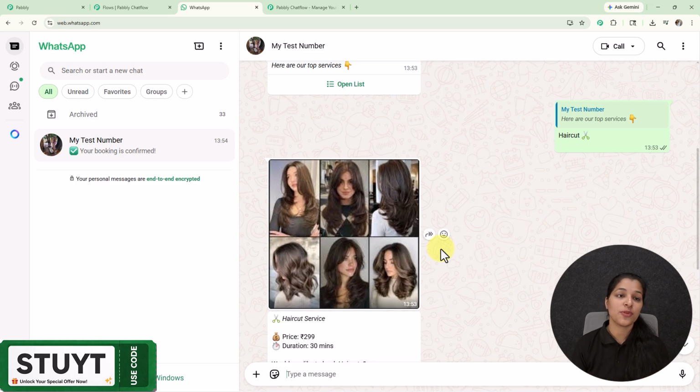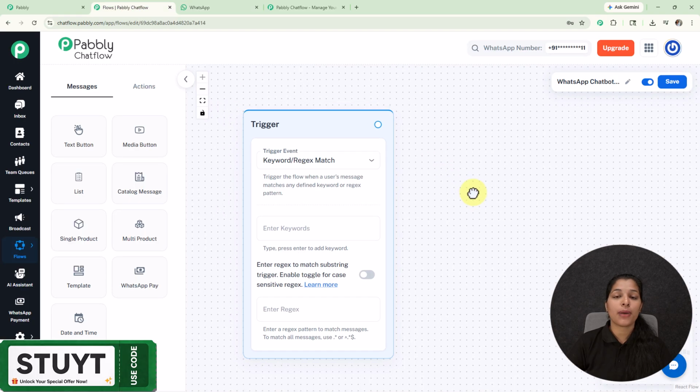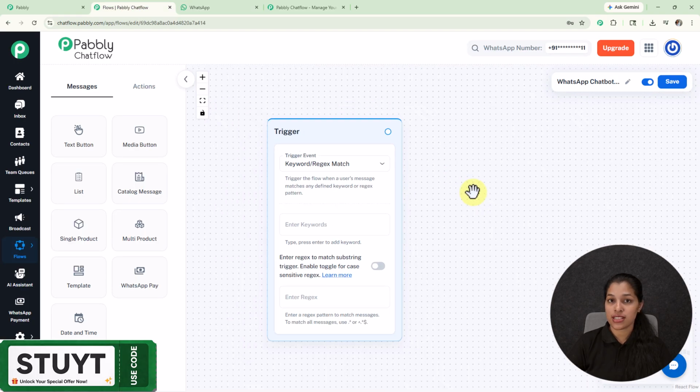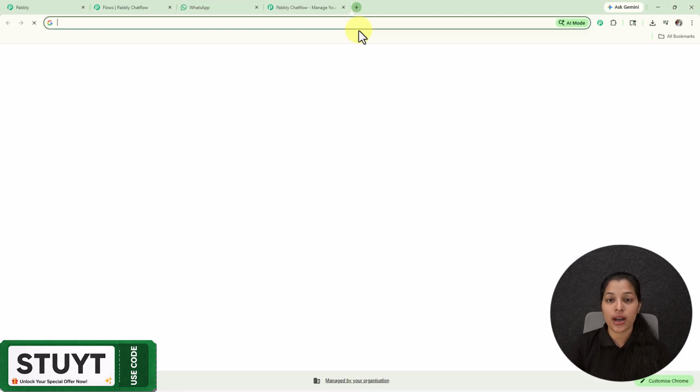For that, let's move on towards the flow page of Pabbly Chatflow. So right here I'm on the flow page of Pabbly Chatflow, where we are going to create a WhatsApp chatbot. If you are an existing user, then you definitely know how to get onto this page, but if you are a new user, then you have to access Pabbly Chatflow by typing its URL, that is